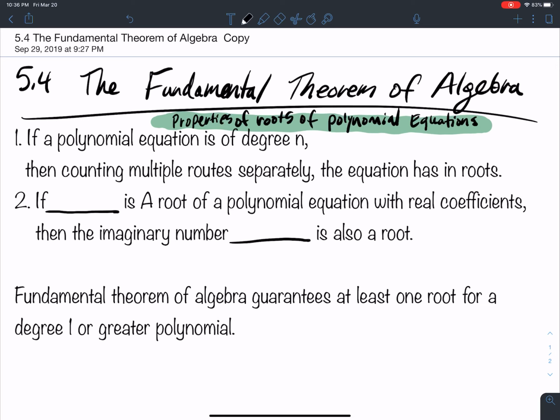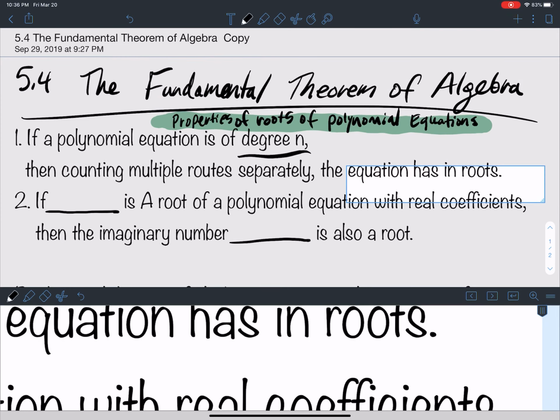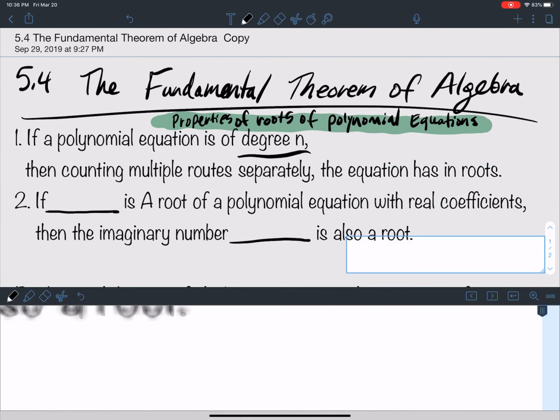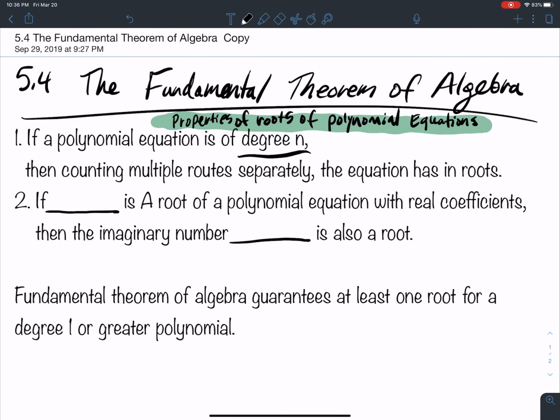Now, if a polynomial equation is of degree n, okay, so degree n, then counting multiple roots separately, then the equation has, oh, what is going on here? I haven't seen this before. How do I undo that? Go away. Okay, sorry about that. Then counting the multiple roots separately, the equation has n roots. N roots. All right? So